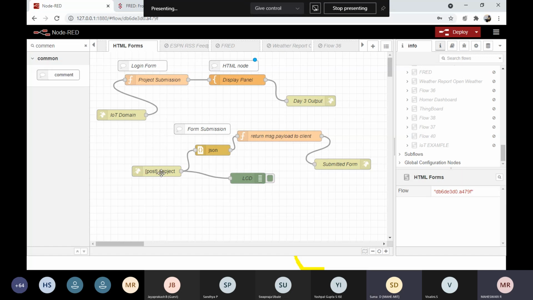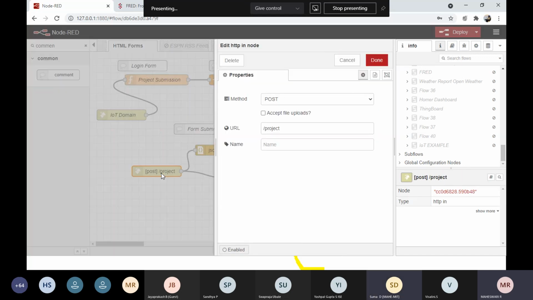So same, just drag and place HTTP in node. Okay, in the HTTP in node, make sure you are using the same word we used in the function node of login, because the function node of login is going to encapsulate your object and send that object. The form details you collect from the HTML will be encapsulated and transmitted. So we are going to use the same URL value here. I'm using the project variable, the same variable which I defined in the function node of the login form.